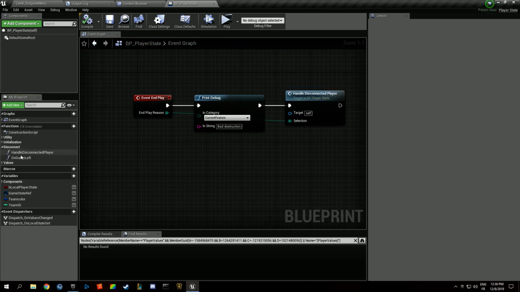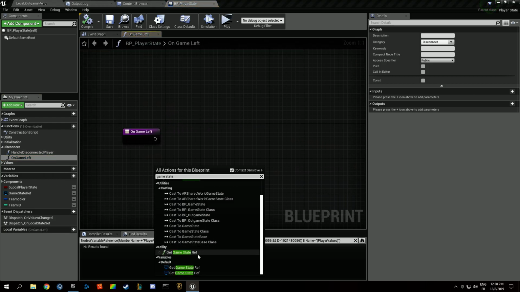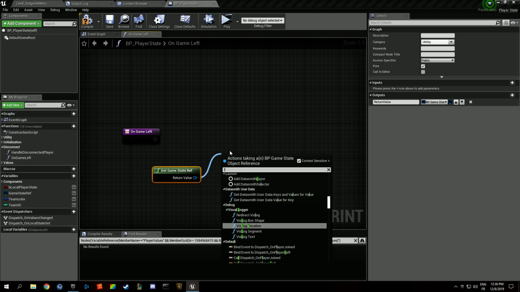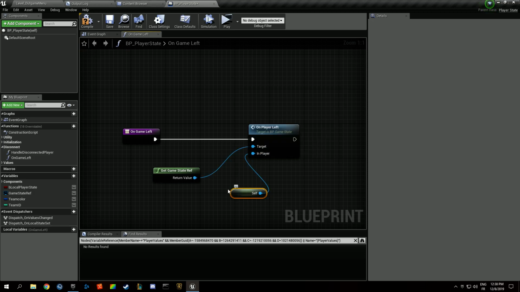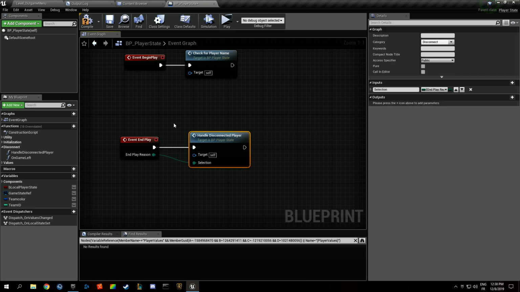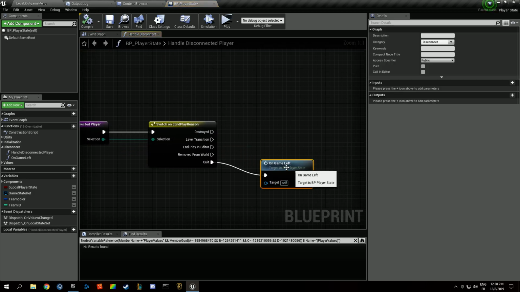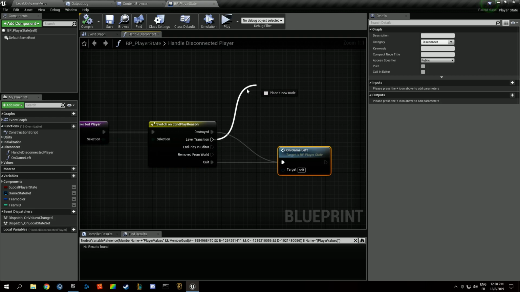So on game left, we actually want to call our game state right away and tell it that we actually left like this. And it's going to work, and it wasn't working yesterday because in here we're not calling on game left properly. We also have to plug this. When we are destroyed, we're going to call on game left, because I think when we server travel we're going to be using level transition. It's going to pull out level transition,